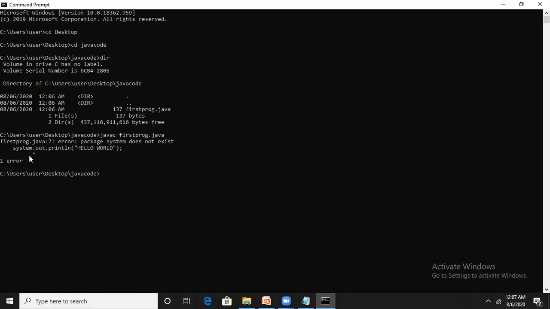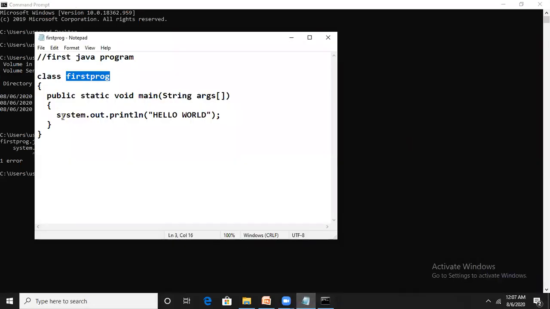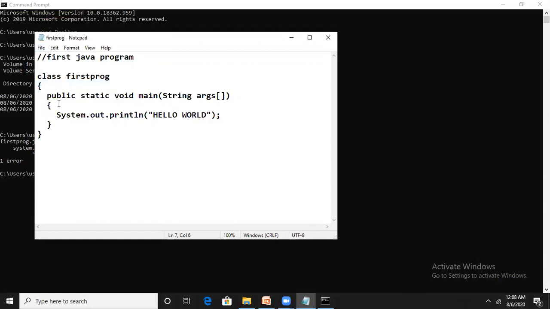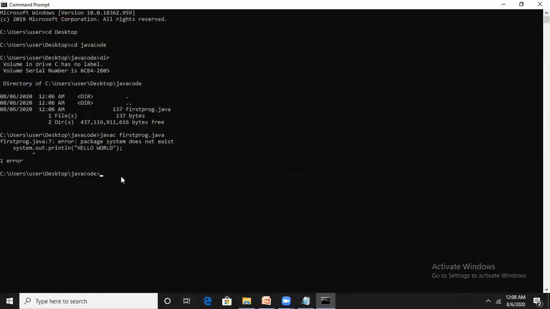So there is one error. S should be a capital. All of Java is a case sensitive language. So make this S a capital. Again save the file. Use the arrow keys for the previously typed command.